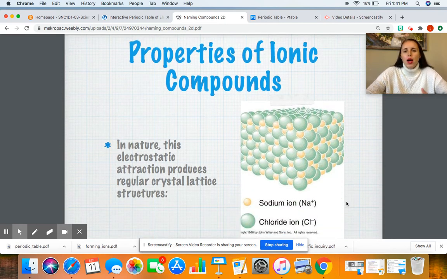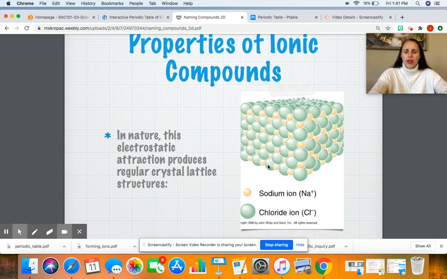A little bit about properties of ionic compounds. Because the bonds are so predictable, they have very unique properties. Anytime that ionic compounds come together, they form what's called crystal lattice structures. Crystal lattice structures almost look like a checkerboard, and they're very unique under a microscope. This is what salt actually looks like. If you look at salt under the microscope, it looks like small square cubes because of that